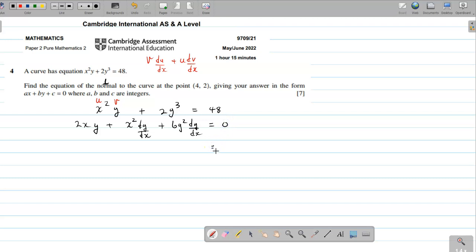So our goal is to get dy/dx. So we take 2xy to both sides, and then we factor out the dy/dx in this term here. So in this case, we would have x squared inside the bracket plus 6y squared. How do we get dy/dx? Well, we divide both sides by this term in the bracket. So we have